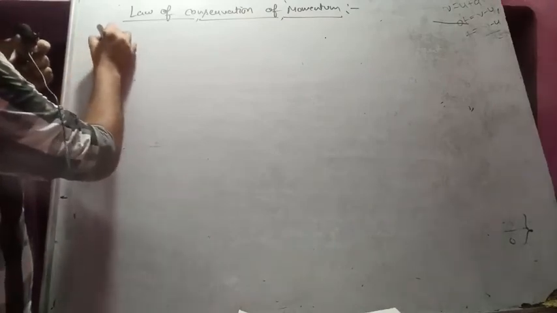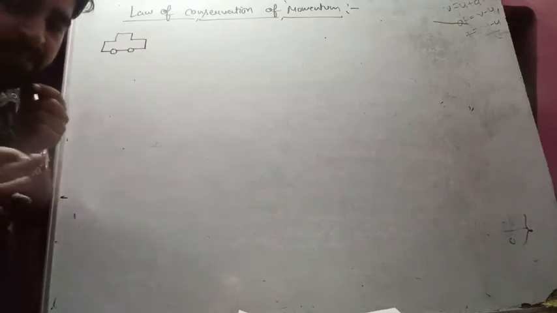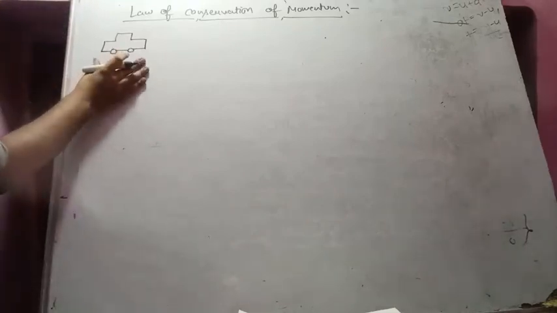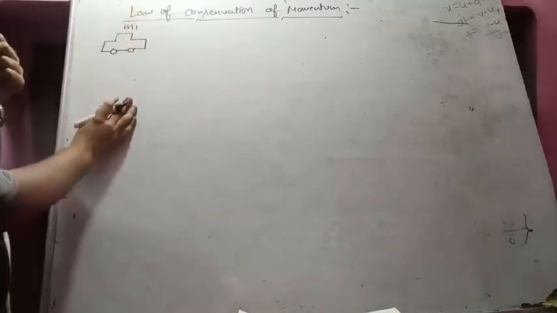So what is the meaning of the law of conservation of momentum? The meaning is that momentum will be conserved. But when will it be conserved, and in which case are we discussing it? Let us come to this case study and observe it, and you will enjoy it for sure. Suppose we have a car. I am drawing a car; my drawing is not as good as you are expecting, but I hope it is fine. The mass of the car is m1 and it is moving with a velocity u1.